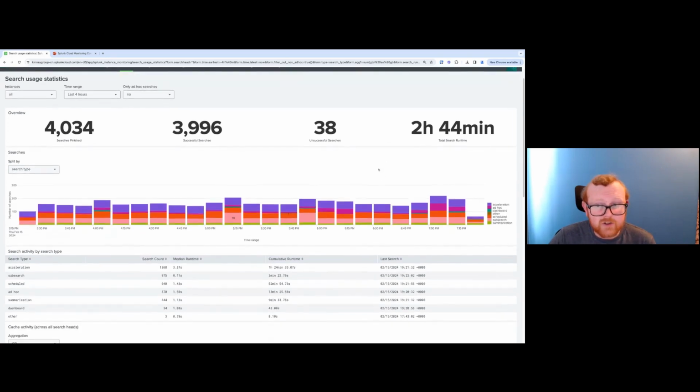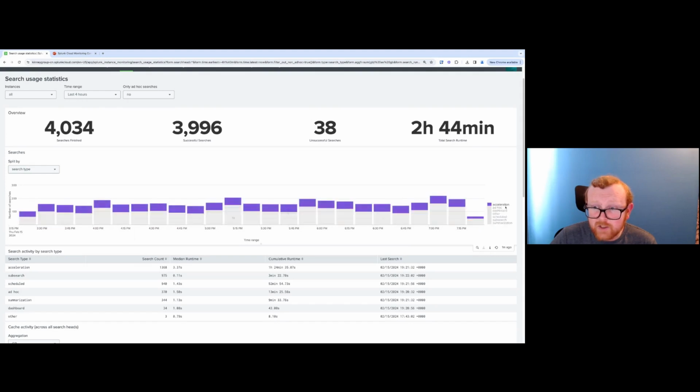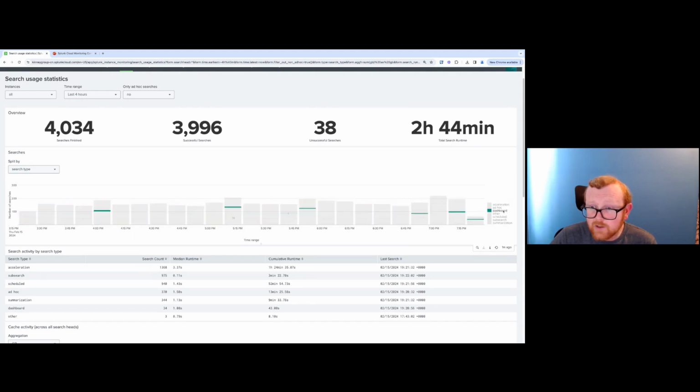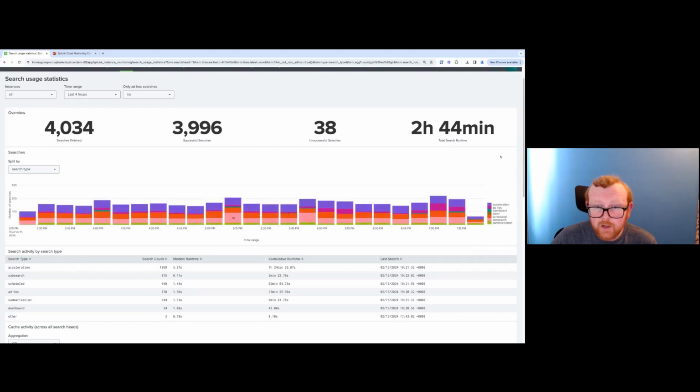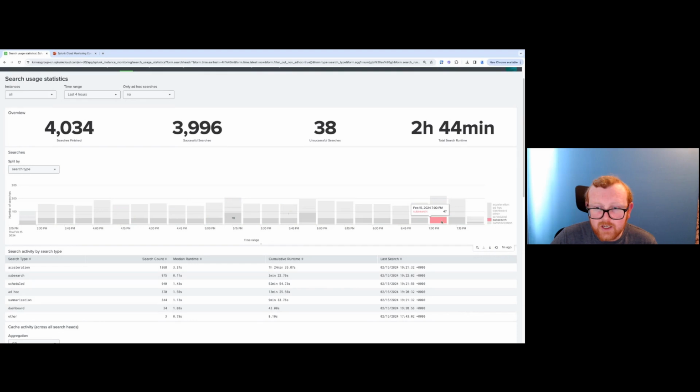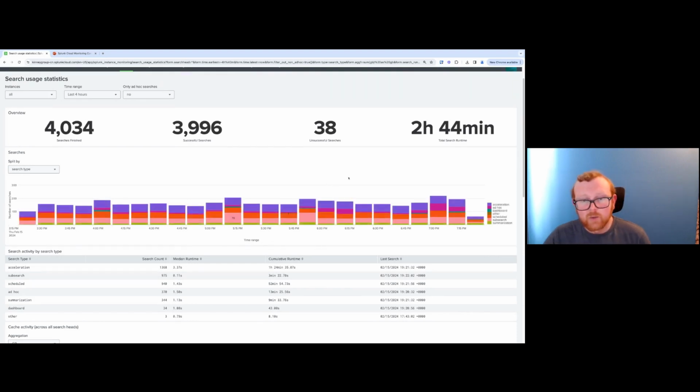And then we're able to split our searches here. So this is the number of searches over time. So you can see what kind of searches are running the most, essentially. It's going to split out by acceleration, data model acceleration, essentially, ad hoc searches, dashboard searches, other, scheduled, sub searches, and summarization. So you can see in this environment, all the search types are pretty constant across time. We do have the occasional sub search that goes a little bit higher than others, but you can imagine if